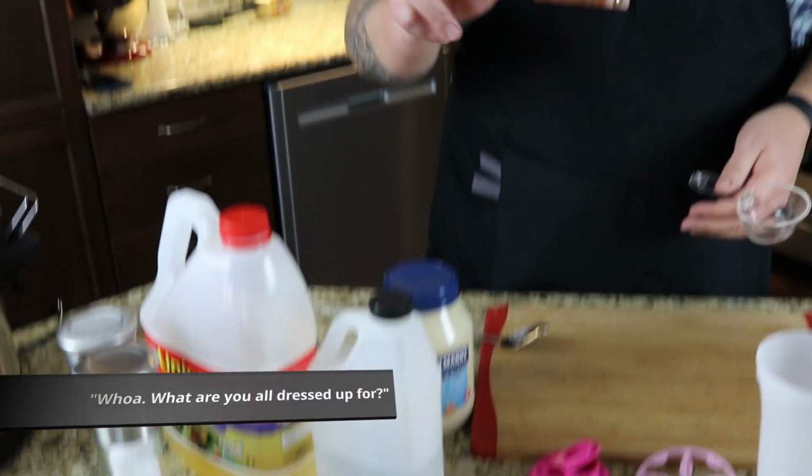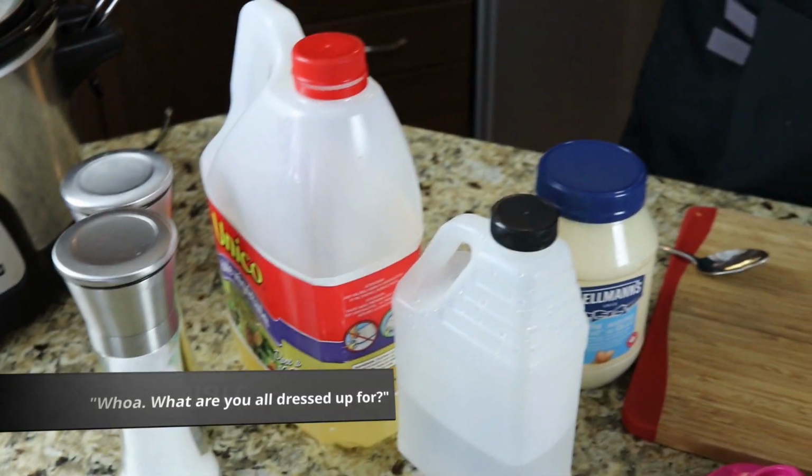Today I'm gonna show you my mom's homemade coleslaw dressing. 4 ingredients. Today we're gonna do a 1/3 cup of everything. So a 1/3 cup white sugar, a 1/3 cup white vinegar, a 1/3 cup of vegetable oil, and a 1/3 cup of mayonnaise. Now I've made this dish many times before, and I've always tried to think, how can I